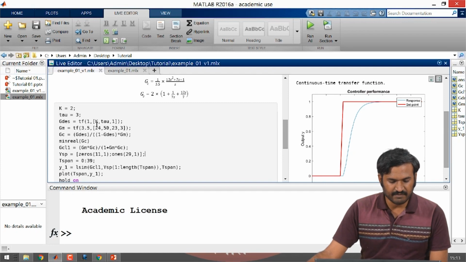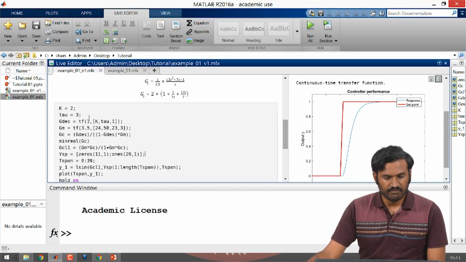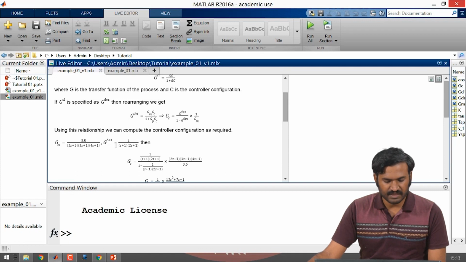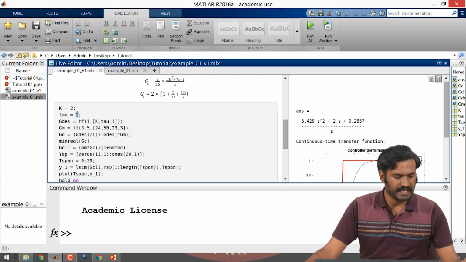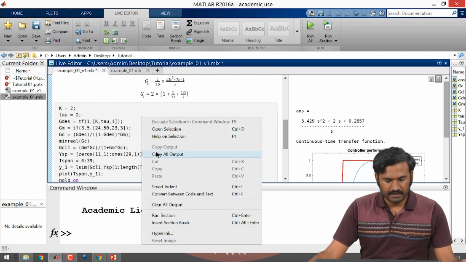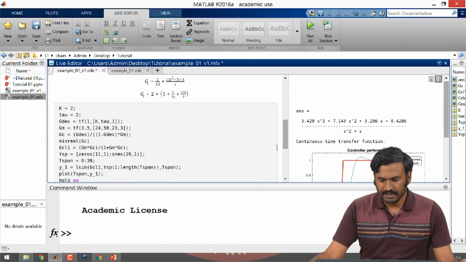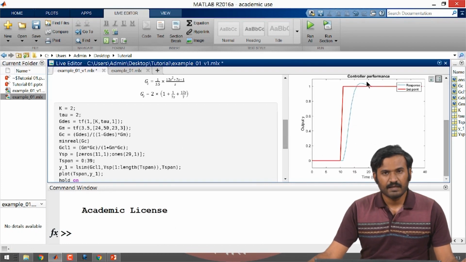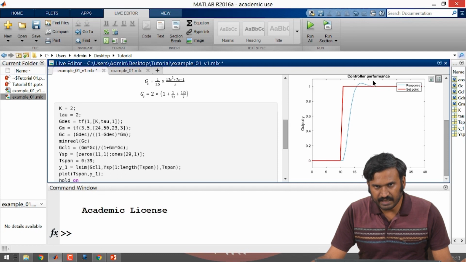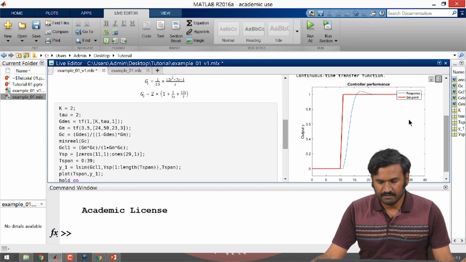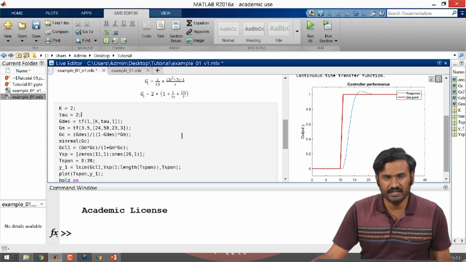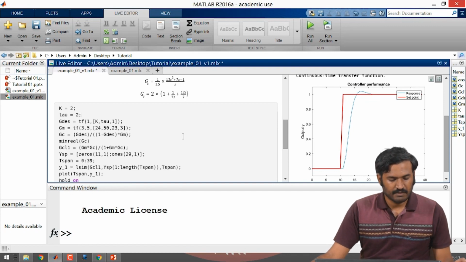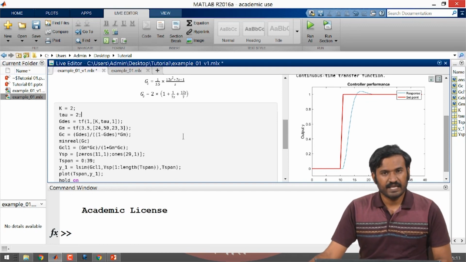We can change the values of the desired transfer function here, and then check whether the performance looks similar. So let us change the value of tau and run the example again. As you can see, there is a little bit of overshoot in this graph, and similarly you can do the tuning by specifying different G desireds, but keep in mind that we are expecting